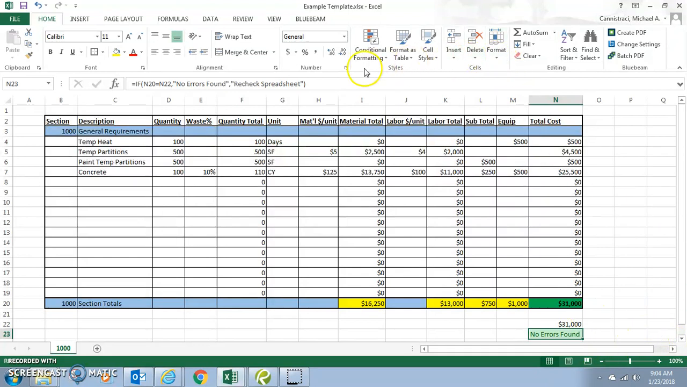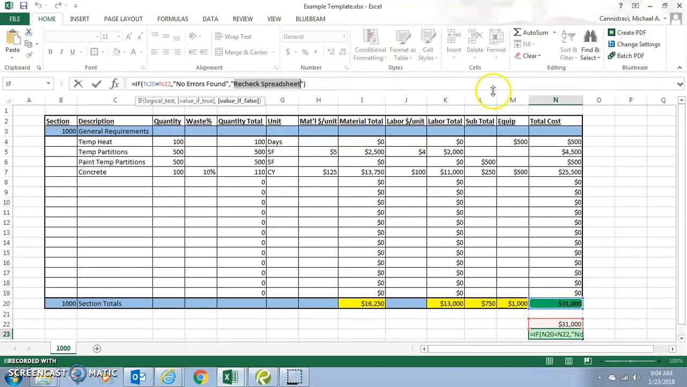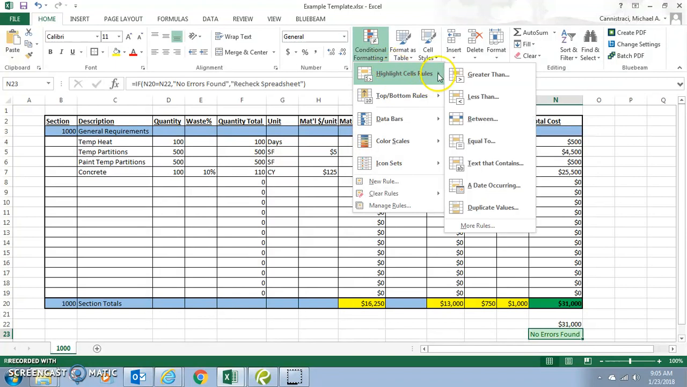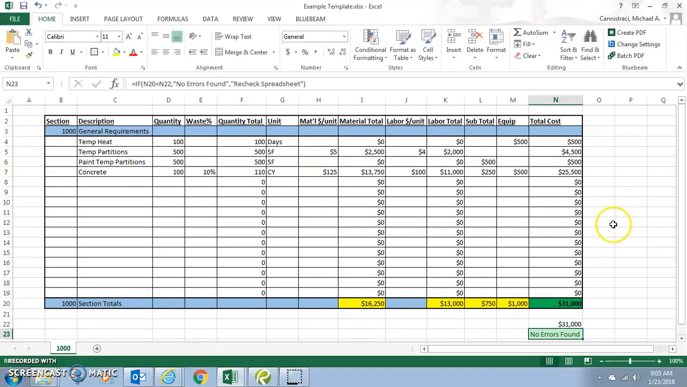And then we'll also add, if you remember in here, you can copy and paste your text, so you can paste it and get the exact text going. We can add another conditional formatting to it. So conditional formatting, highlight cell rules, text that contains recheck spreadsheet, and we'll make that red. So now,